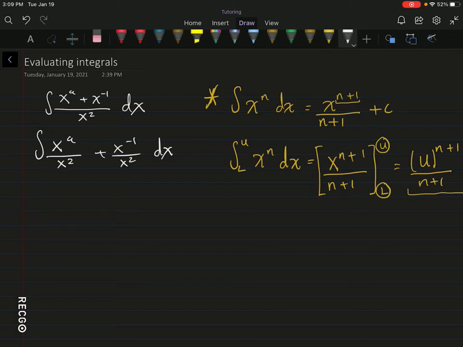Now that we've done this, we can reduce a few things. For example, the way that we do this is if we have x to the power of 1 over x to the power of 2, this is equal to x to the power of 1 minus 2, which is equal to x to the power of negative 1. So we do the same thing here. Integration of x to the power of a minus 2, because it's the power of this one, plus x to the power of negative 1 minus 2